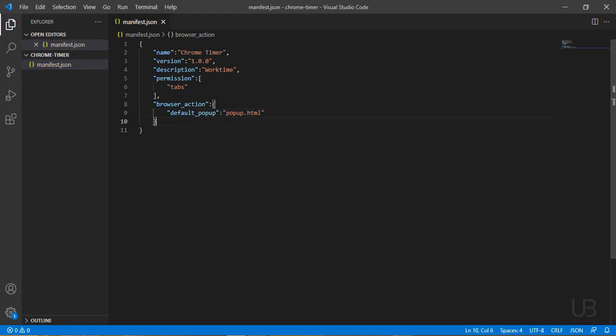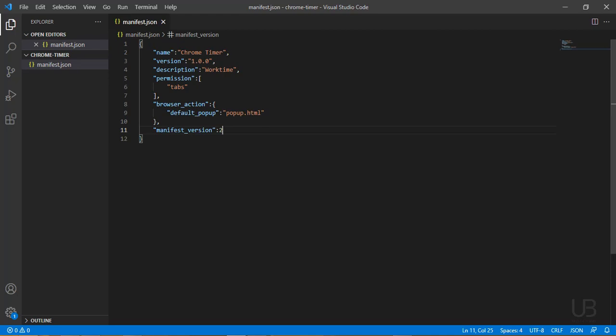Then lastly, we need to specify what manifest version you are using. The reason for this is that we have manifest version 3. It was newly released, although you can still use 2, but we are encouraged to use 3. You can read more about that, and the changes you will make are very little. All right, so manifest version 2.